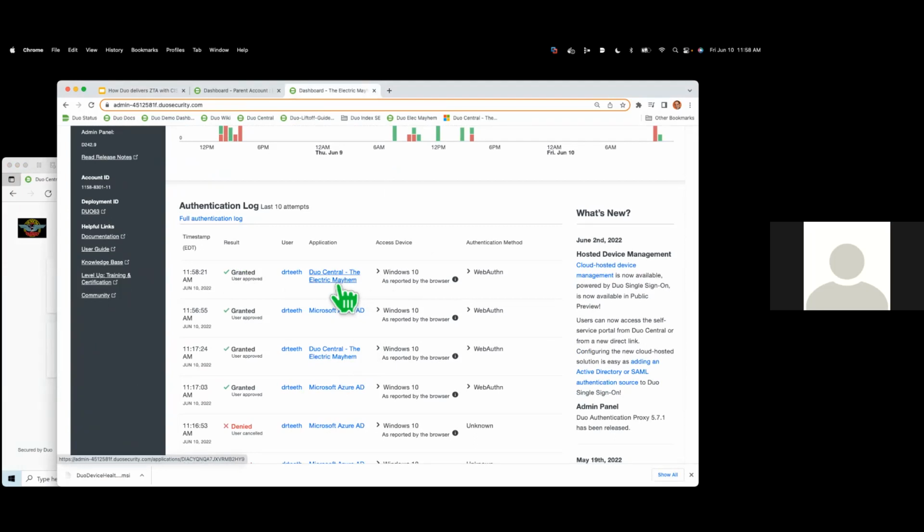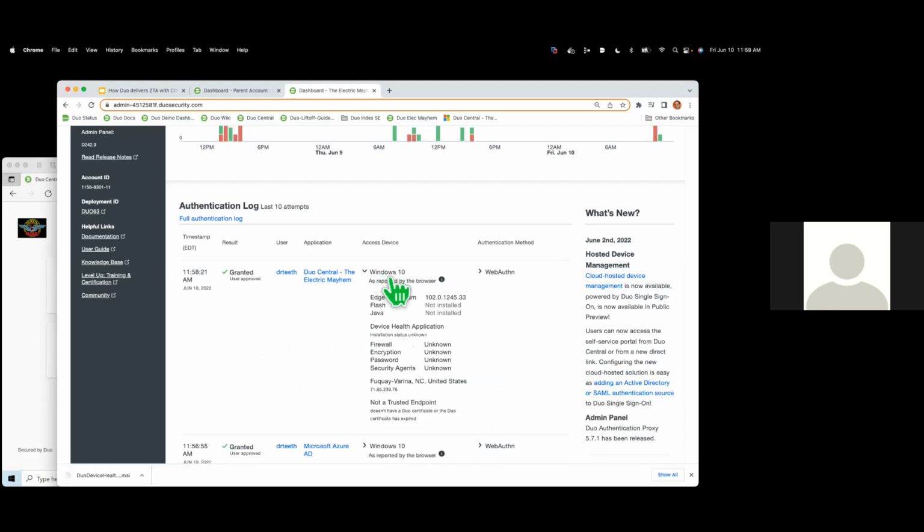The Duo Central is the Duo SSO portal. And we collect some information about how they authenticated. So this is generic web-based authentication. We've collected the browser information. We've collected the location by geolocating the IP, at least to give you that base information, and we've got the